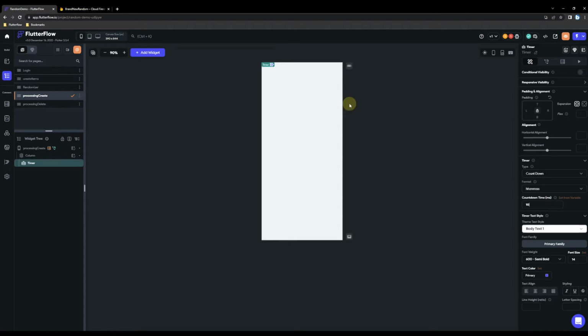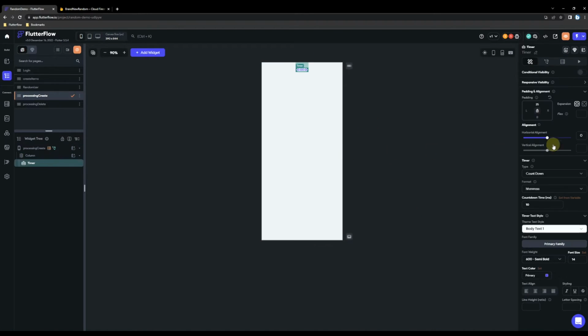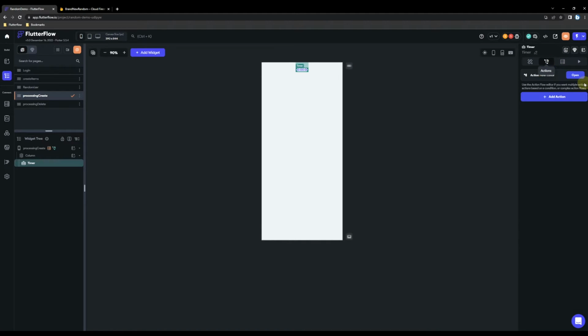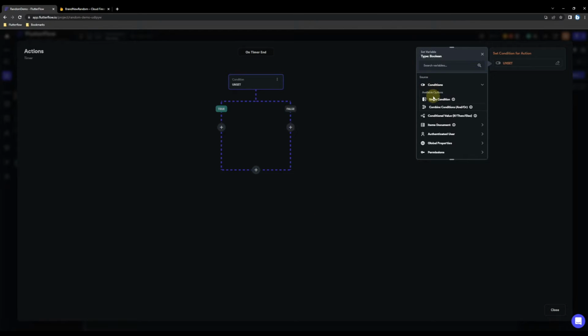And in a real product you would make the timer invisible, obviously, but for our purposes we can just leave it like that. So you're reminded that there's actually a timer here. We select the timer, go to actions, another action flow editor, and another conditional single condition. If